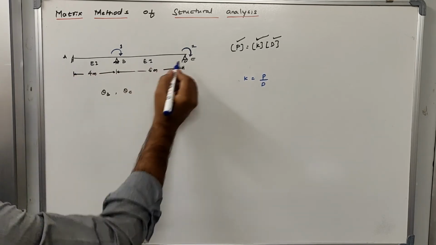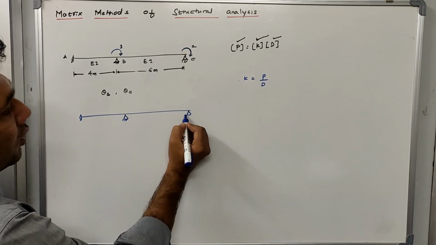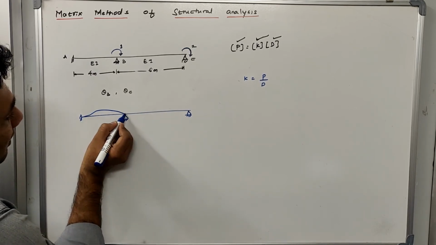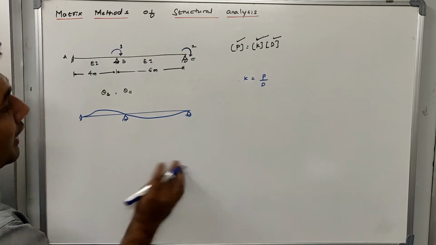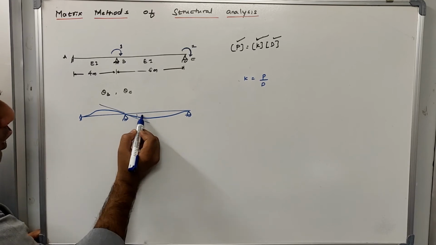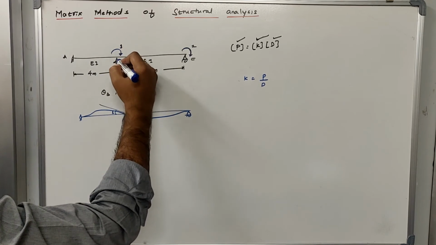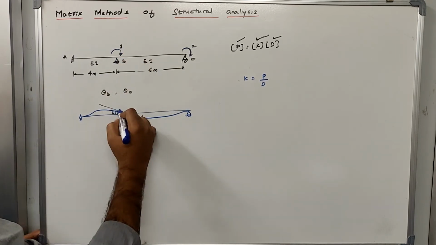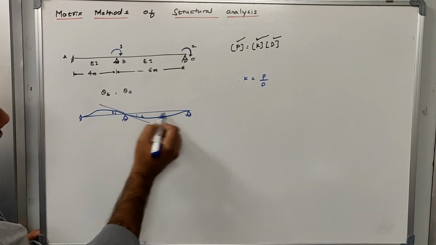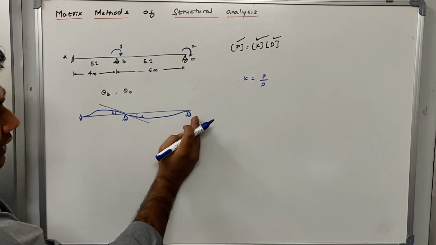Okay, so I'll take the same beam. For the same beam, at the first coordinate, I'm going to apply the unit displacement. So the unit displacement will be like this. When you are applying the unit displacement, for example this is 1 unit, this is also 1 unit. Now you have applied. As you can see, I have represented a positive rotation. Because of the positive rotation, the direction of the elastic curve will be like this. Now we need to consider the far end as fixed when you are applying the unit rotation.